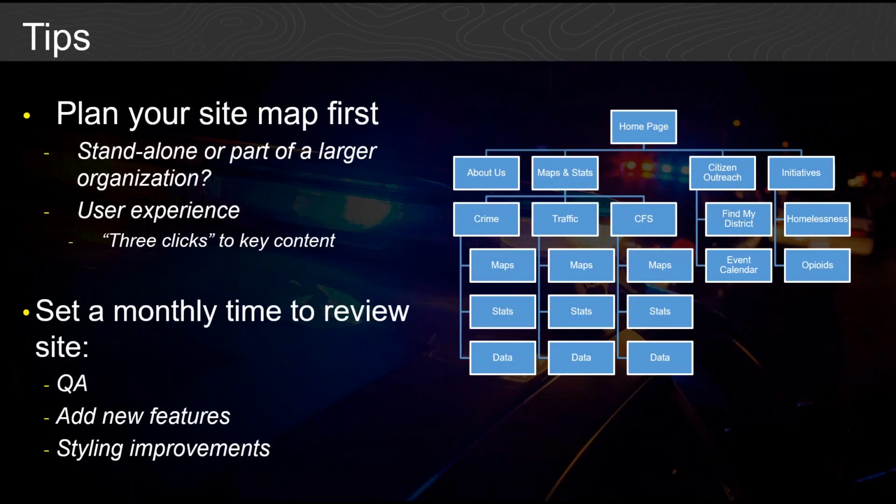The second lesson that a lot of ArcGIS Enterprise Sites users learn is that Enterprise Sites, because it's a content curation tool, is not a sit-it-and-forget-it kind of app. This is something that a lot of people are going to see, and because it becomes essentially the front door for exposing your non-GIS users to your GIS content, it really is important to keep it evergreen. And so that means setting aside a few hours every month to